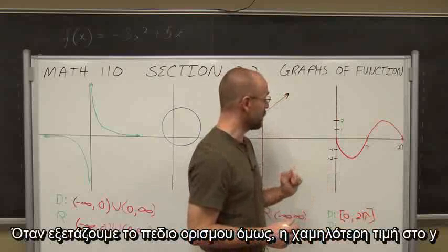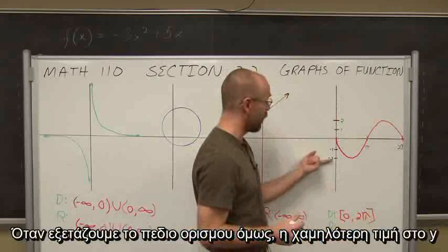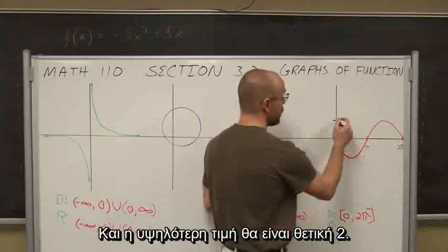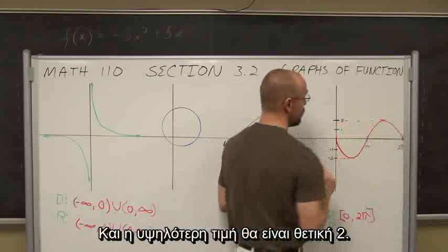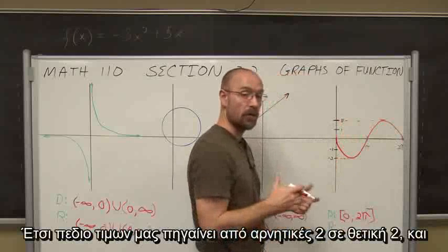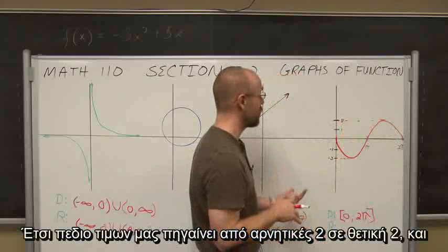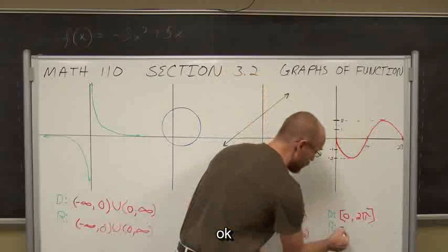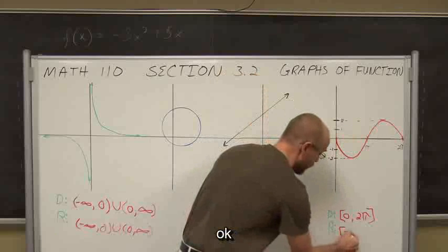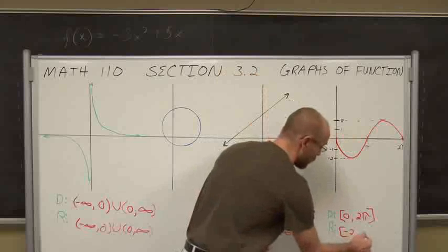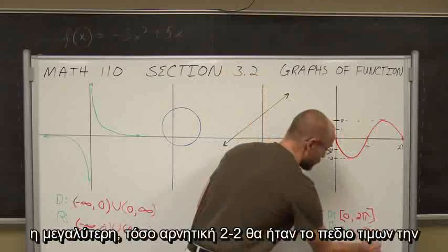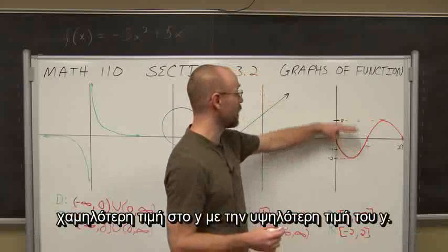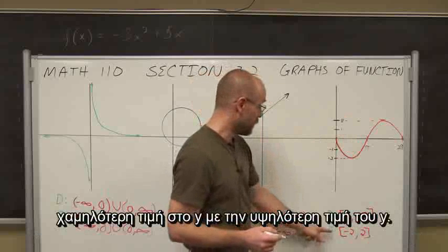When we look at the range, however, the lowest value in y would be this right here, this negative 2. And the highest value would be positive 2. So our range goes from negative 2 to positive 2. And I'm going to assume that it includes those values. We always write our intervals from the smallest to the greatest. So negative 2 to 2 would be the range, the lowest value in y to the highest value in y. Range is always